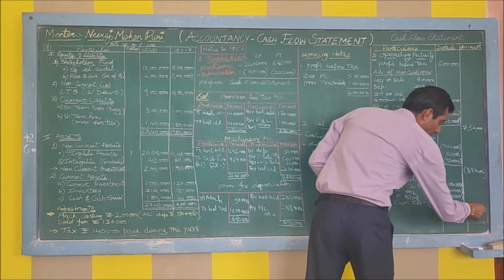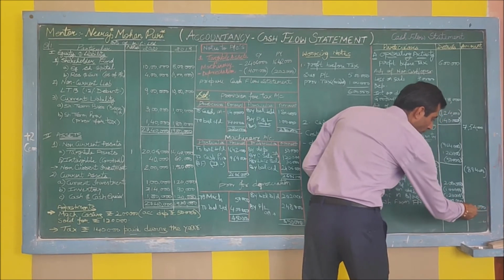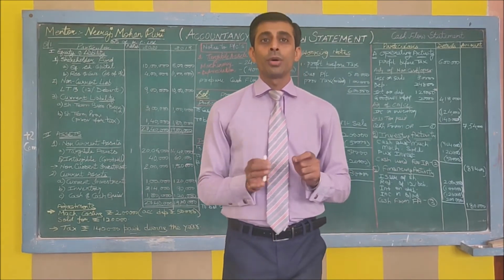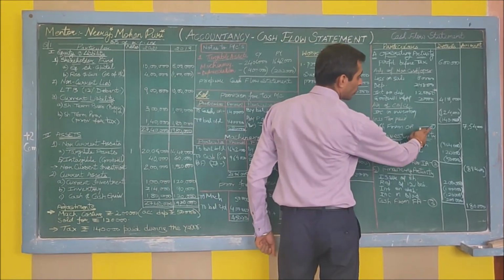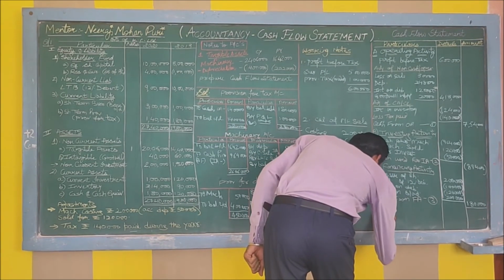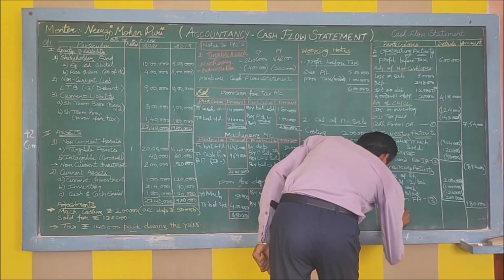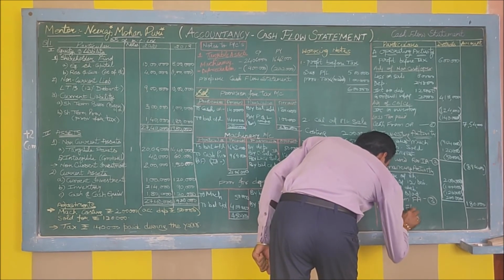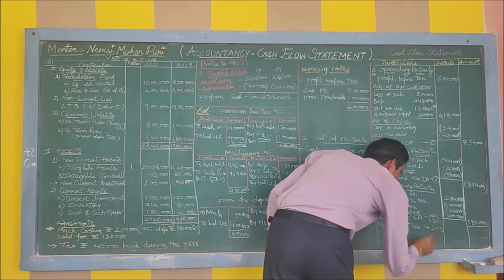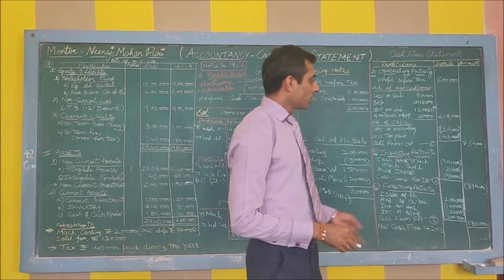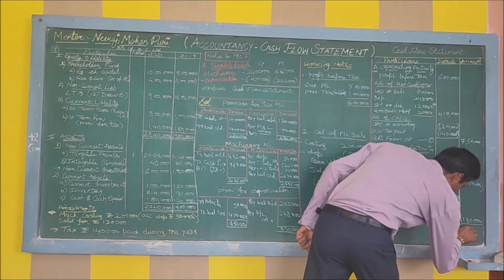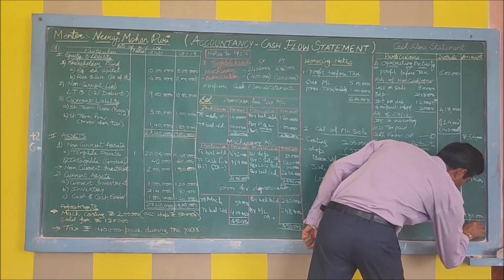When all three activities have come, finally you will close your amount column, amount, and you will find net cash flow from all the activities. Meaning equation 1, equation 2 and equation 3. So the last step is net cash flow. Net cash flow, that is using equation 1 plus 2 plus 3, whatever signs you have, we have to find our net answer. We have to find the net result of all these activities, which comes out to be positive 40,000.